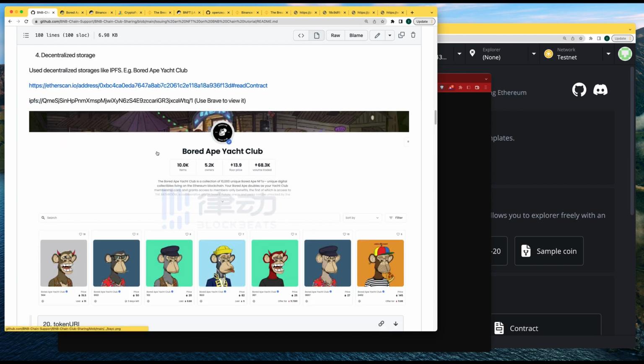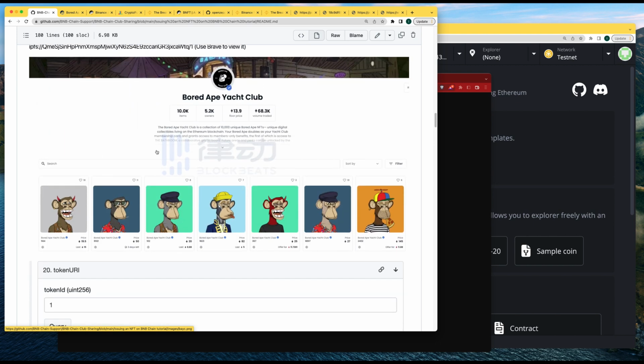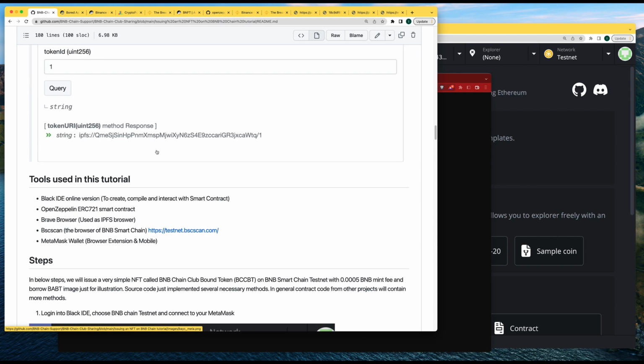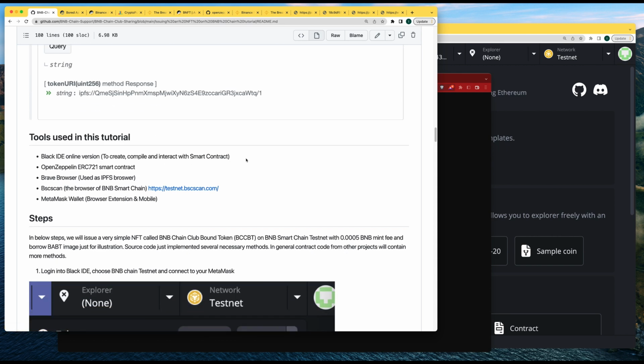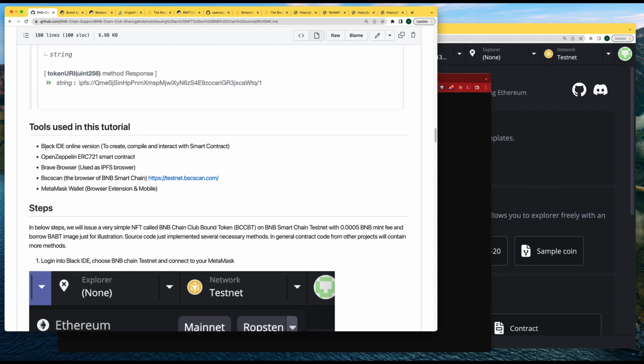Okay, that's the current solutions for how NFTs store the metadata and media. And next, let's try it by ourselves. We are going to use the Black IDE online version